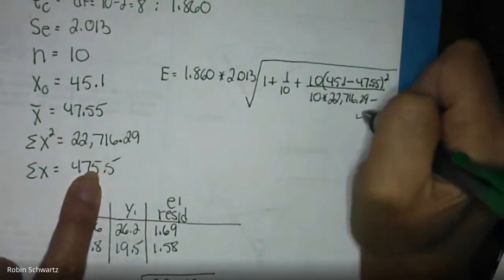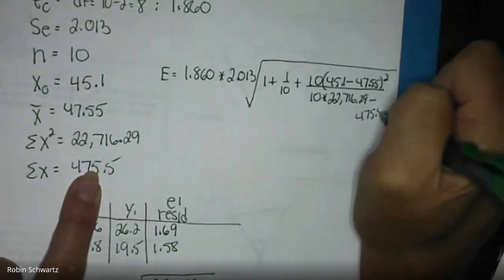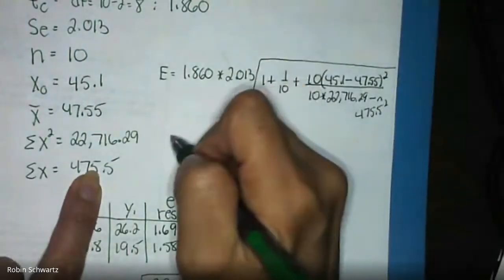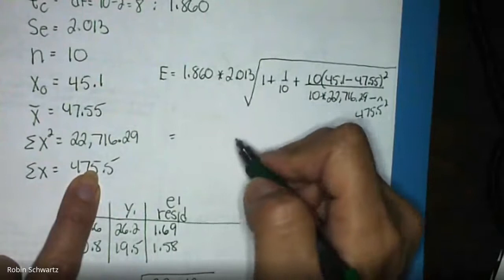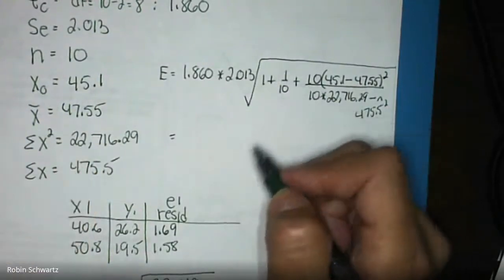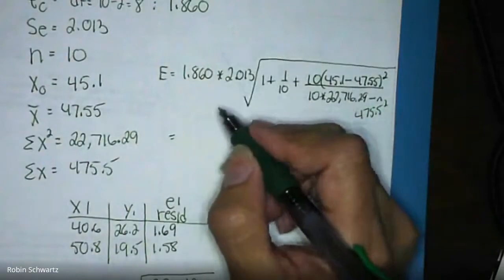Don't forget you have to square this one. That goes right up there. And then it's just a big calculator line. It may take you a couple tries to figure out what you have to do here. So if you do all of this correctly, you should get an E value of